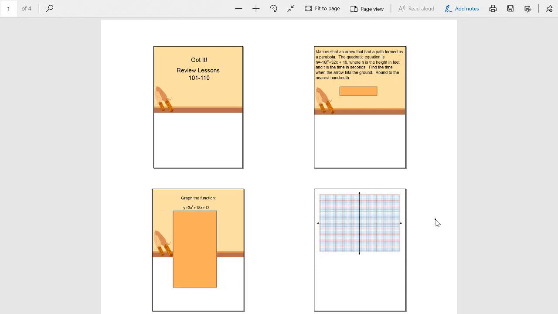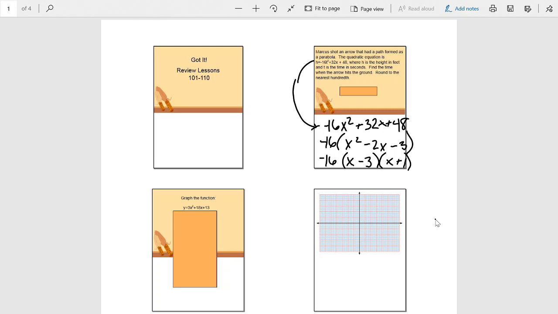But when I look at this, I see that maybe I can factor it. So I take this, negative 16, and I'll just use x's here, x squared plus 32x plus 48. I'm going to first take out a negative 16. And I get x squared minus 2x minus 3. And then I can actually factor that quadratic part and say I have x minus 3